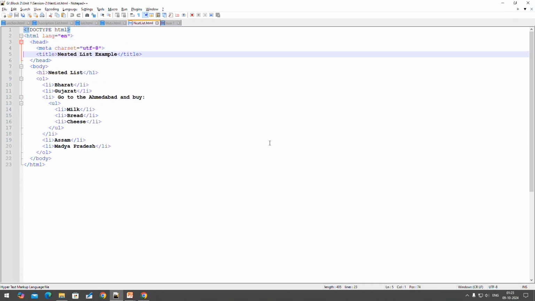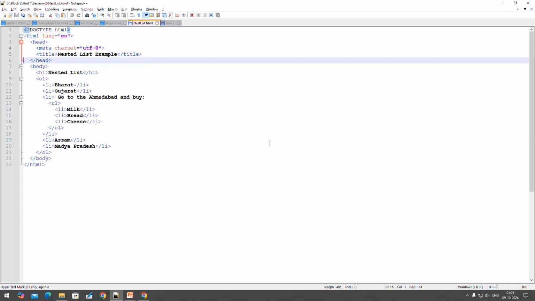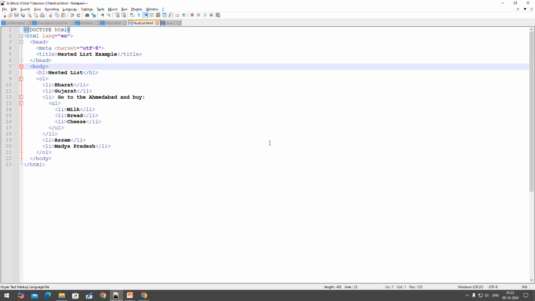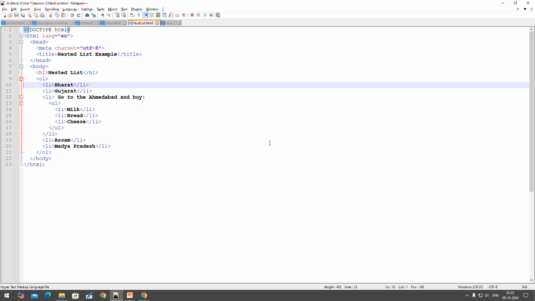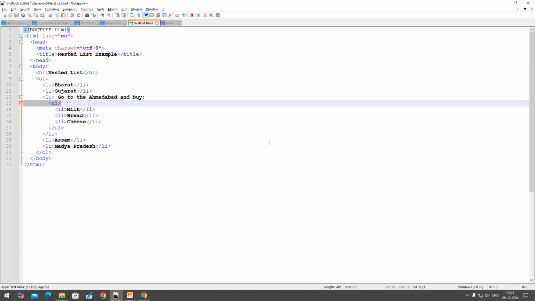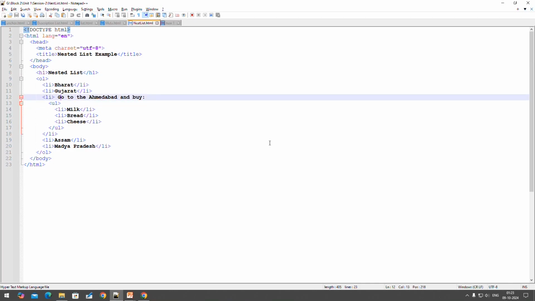Nested lists. So here we have one HTML document. Within the body tag you can see that one ordered list, the OL tag, is there. In that we have two list elements, Bharat and Gujarat. Under that we have an unordered list, you can see. Another list item is there, go to Ahmedabad and buy, whatever content you want. But see here what I did is,